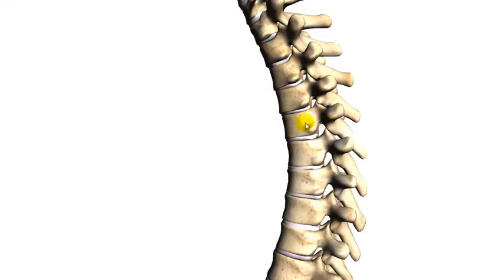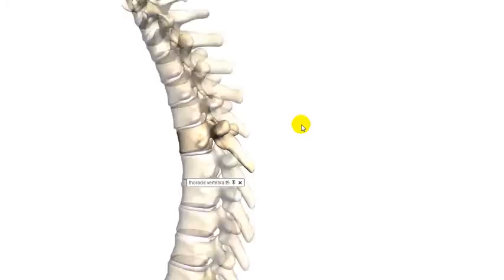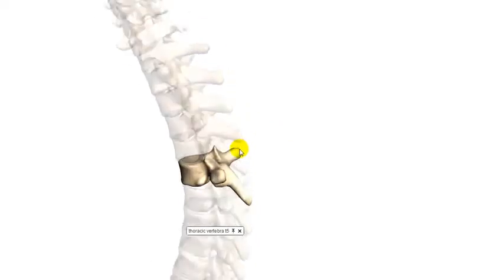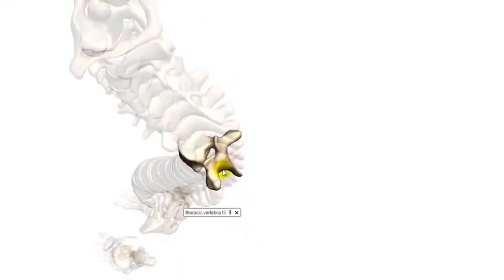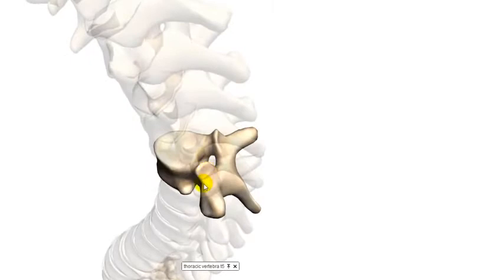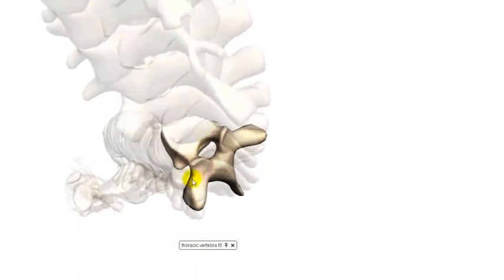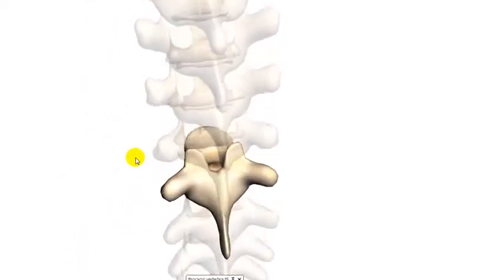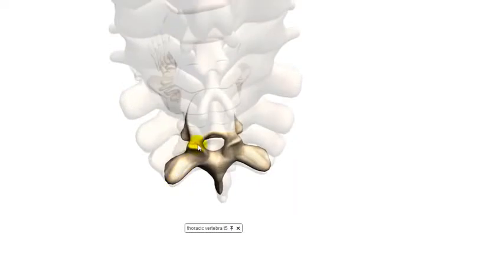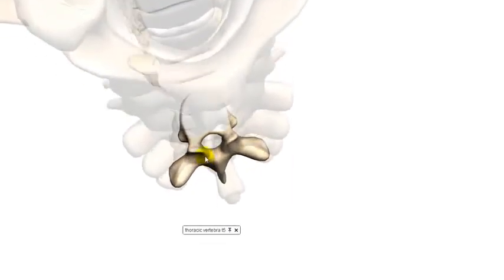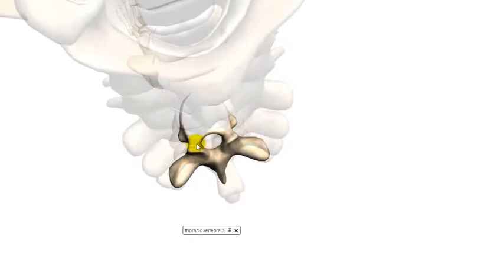A vertebra consists of an anterior part, which is the body, and then the posterior part, which consists of the neural arch and all the facets and processes that are attached to that. So here's the body of a vertebra, and the neural arch is this arch here, which consists of a pair of pedicles,